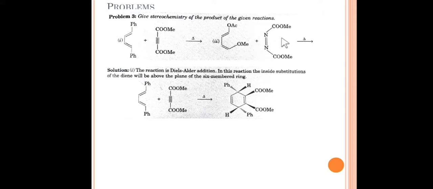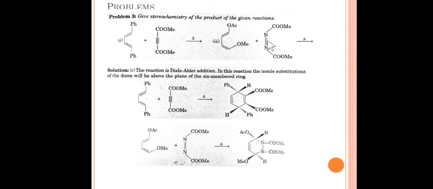So friends, again I will tell you, this is a dienophile. Not necessarily is there always a carbon-carbon double bond. Sometimes they ask you this type of example. N=N is a dienophile having an electron withdrawing group over here. So OAc will go below the plane and OMe will go above the plane. Here is the answer for this question. This type of problem I have taken from Photochemistry and Pericyclic Reactions by Jagdamba Singh, and this problem is from page number 69.